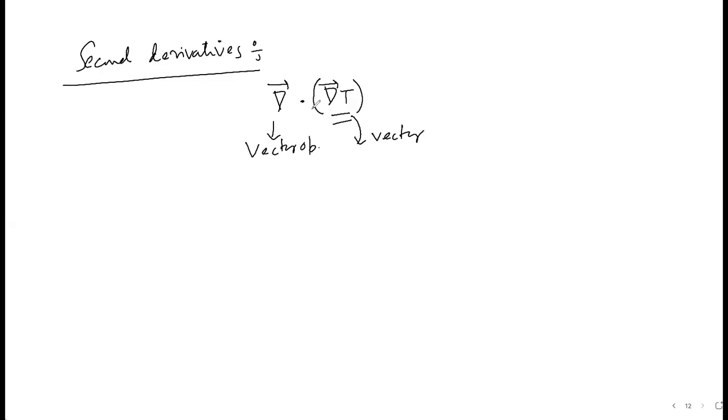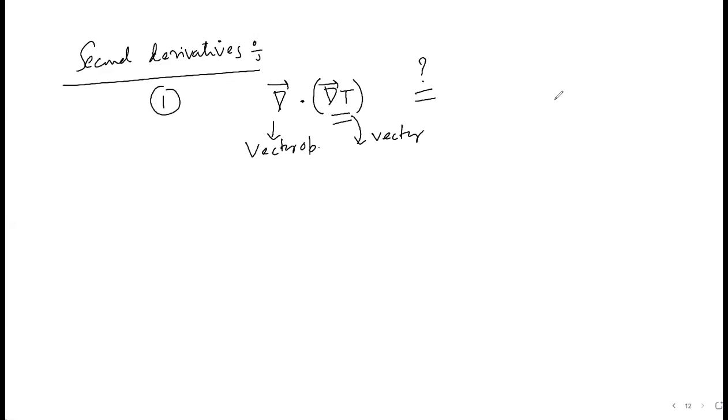right? So the dot of these two, what will be exactly the case? What will this produce, can you guess it? Sorry, you are not very visible. Scalar, sir. Yeah, scalar.